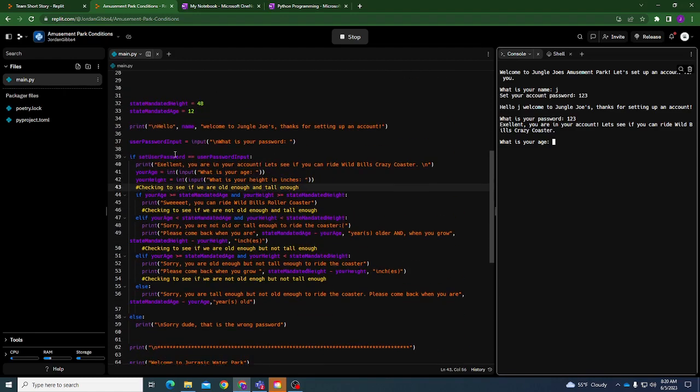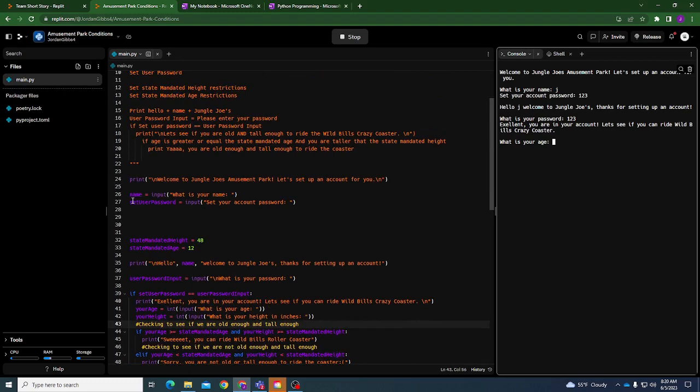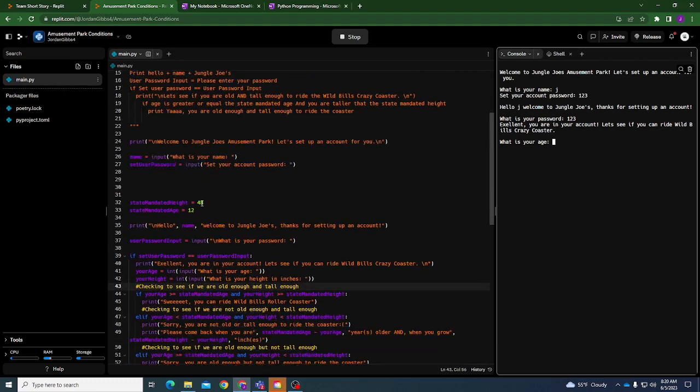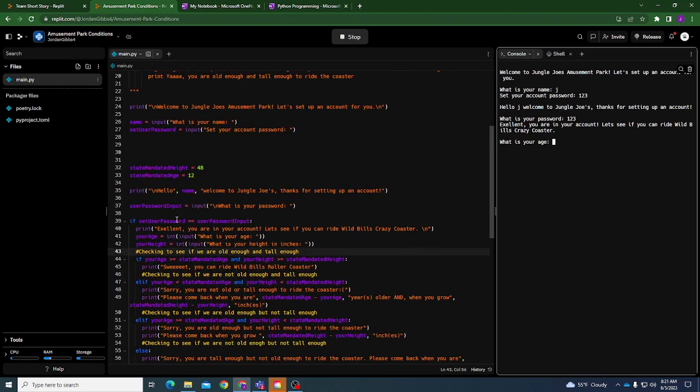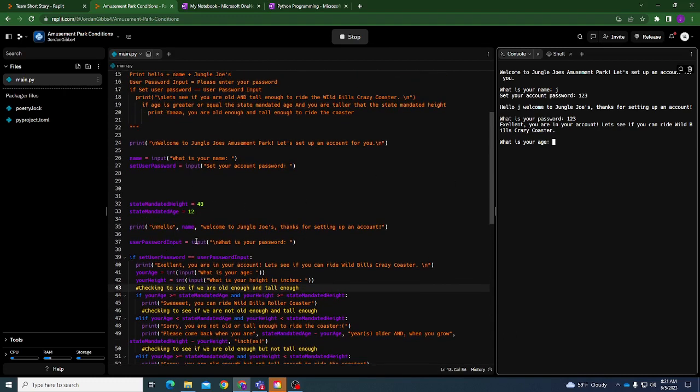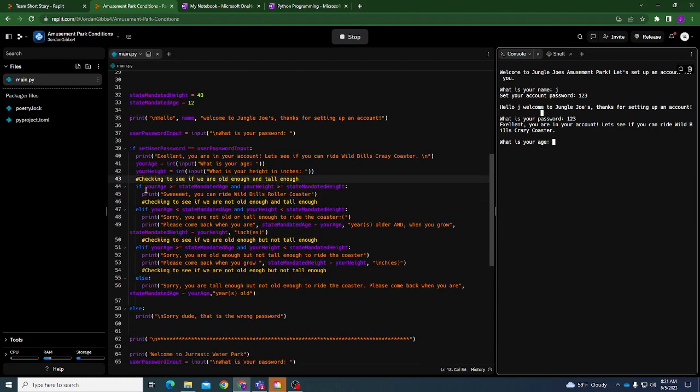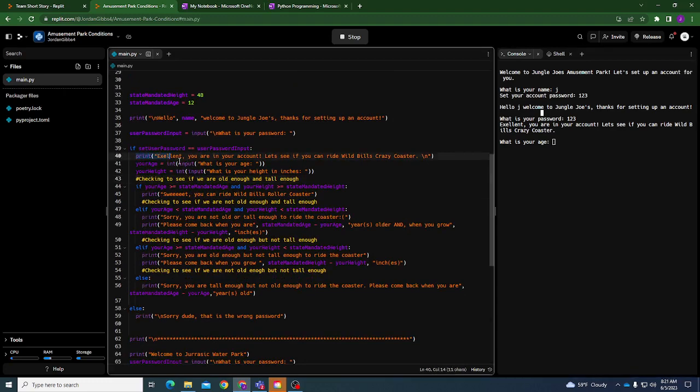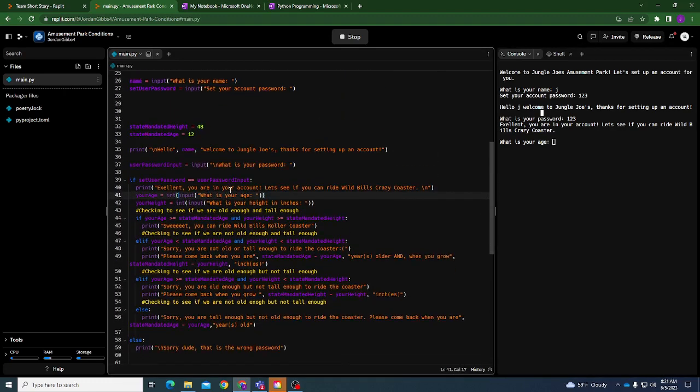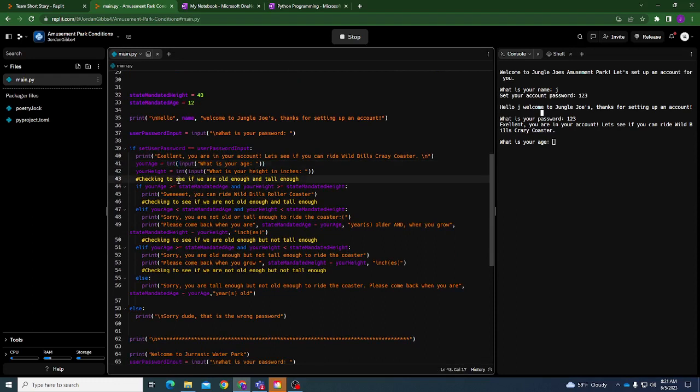If the set user password, which is what our variable is up here, is equal to the user input, which is right here, what we put in for what is your password, then it goes into print. And then we just keep on going.